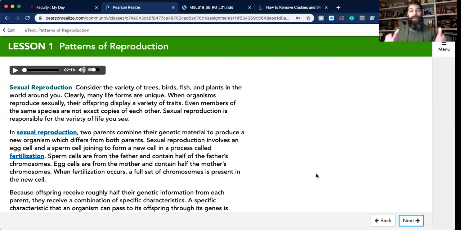It's something like this with COVID-19. Could you imagine if we were all just clones of each other? If one person had an adverse effect to a viral infection or even a bacterial infection, then that would wipe out the entire population. It wouldn't just be one person getting it and then maybe some others, but everybody would get it and everybody would have the same outcome, whatever that outcome may be.